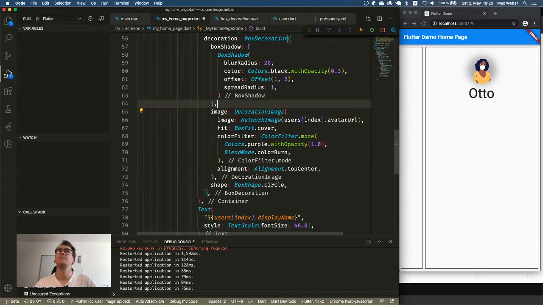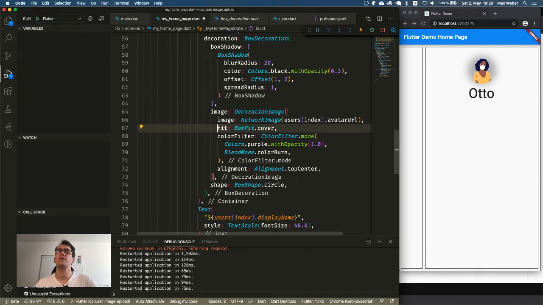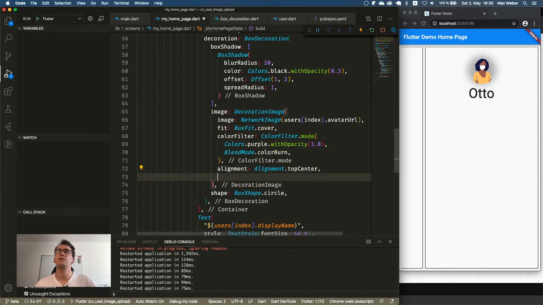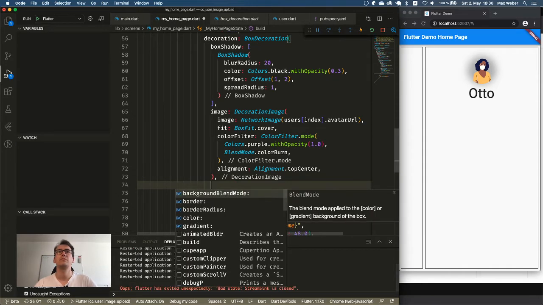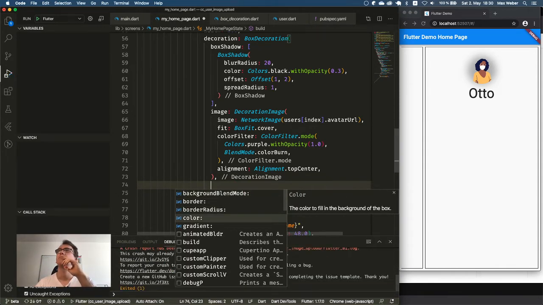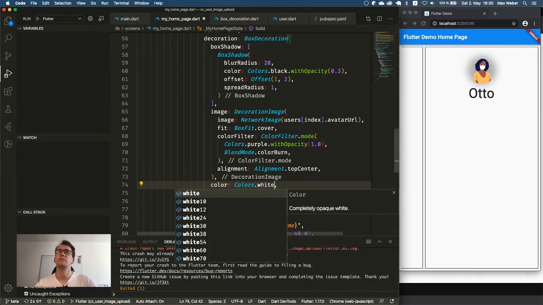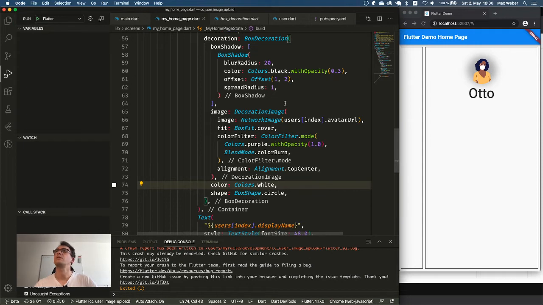No. We have a color filter, alignment. So Colors.white.